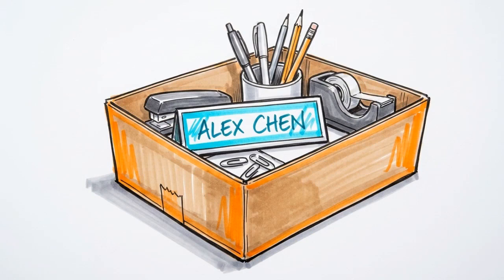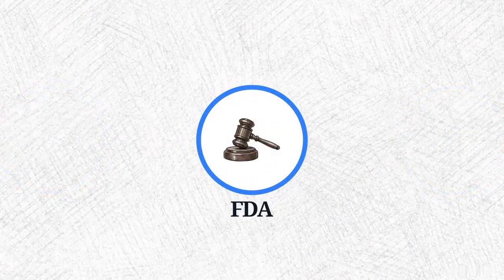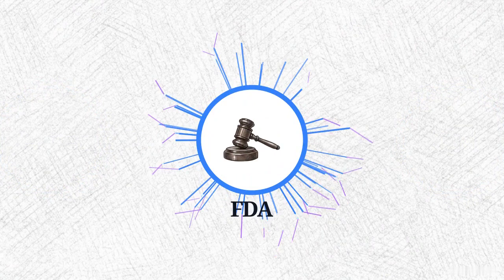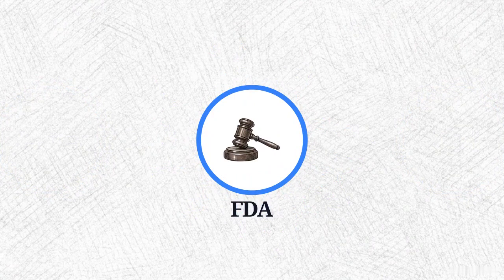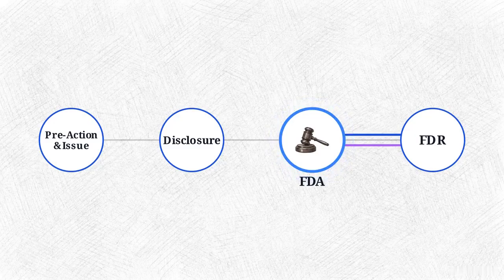The sanctions for relying on stolen documents are severe and often career-ending. With disclosure filed, the parties make their first appearance before a district judge at the first appointment, or FDA. The FDA is purely a case management tool. It is not a hearing to decide the final financial division.